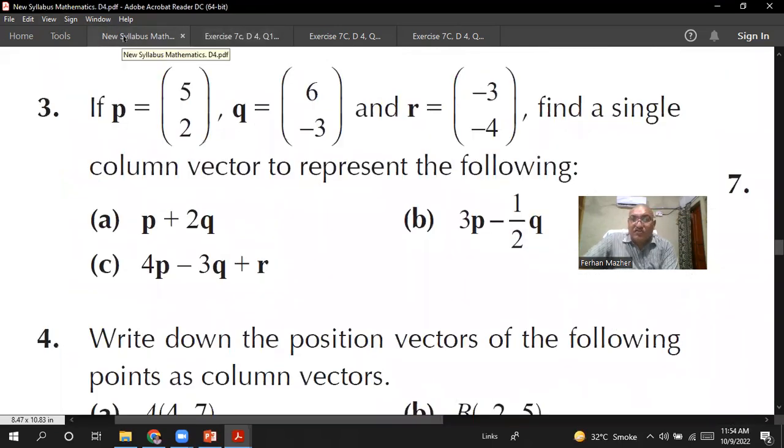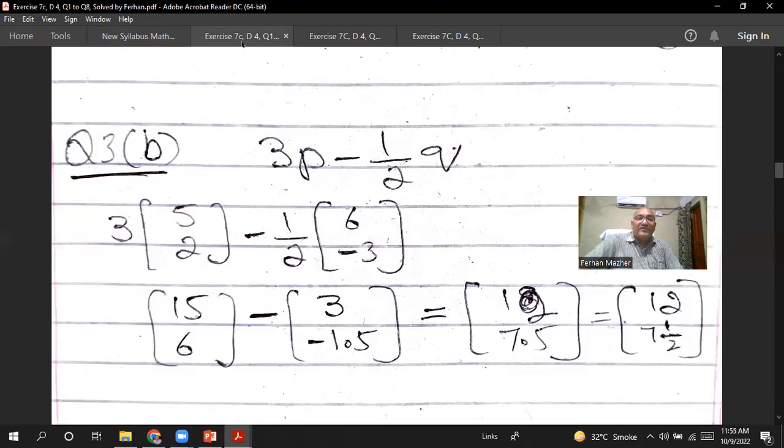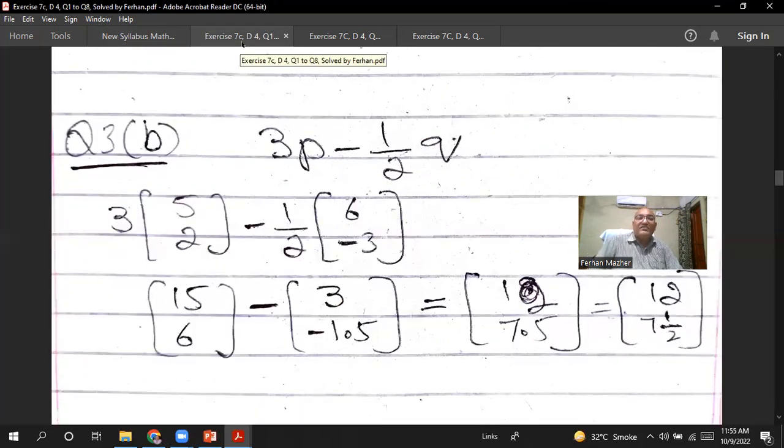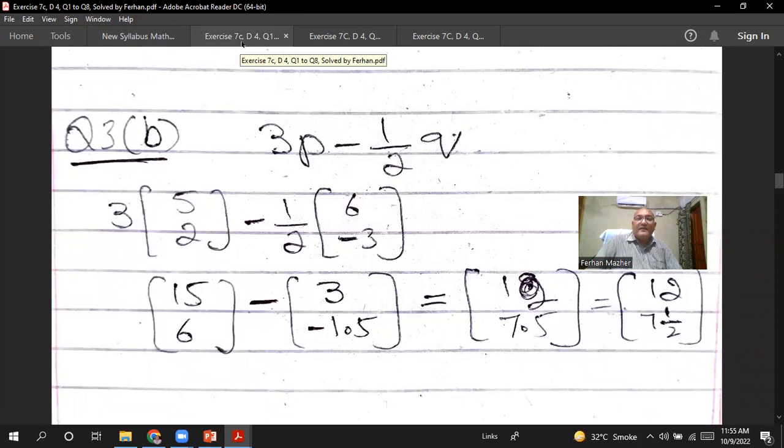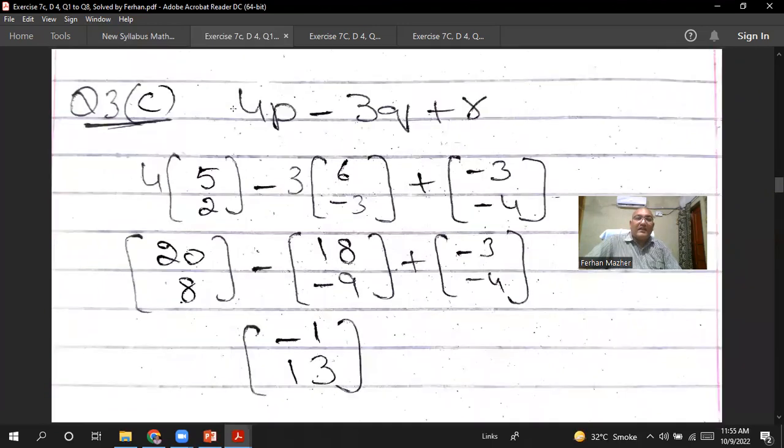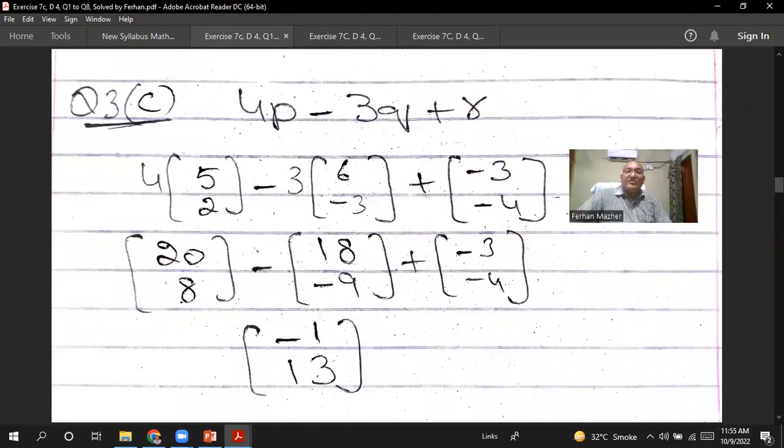So the next question is question number 3, the C part. It says 4p minus 3q plus r. So 4p minus 3q plus r. Okay, so simply you have to put the values, and here we go. The C part is showing up on your screen. So simply substitute the value of the P, the value of the Q, and the value of the R in